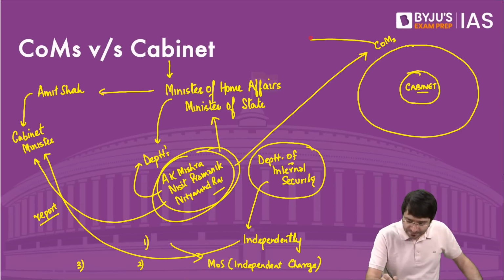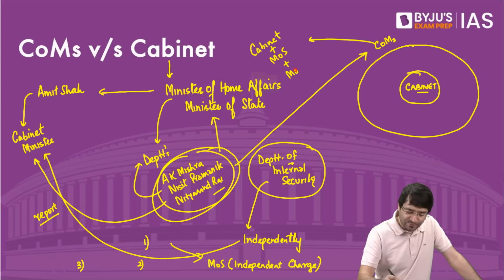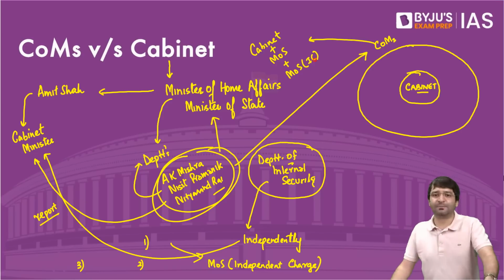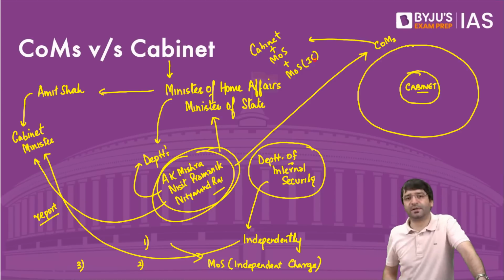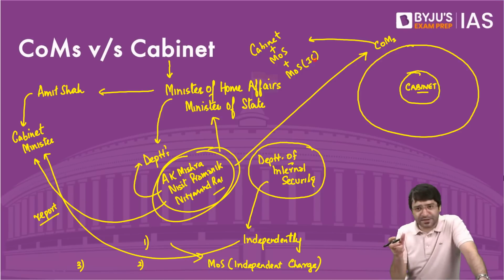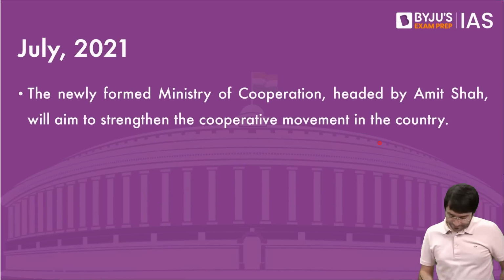And this term, Council of Ministers, includes Cabinet Ministers, Ministers of State, and Ministers of State with independent charge. All these different types of ministers are appointed by the President only on the advice of the Prime Minister. We call them Council of Ministers. But within the Council of Ministers, there are those ministers who head the entire ministry. We call them cabinet ministers. And it is this cabinet